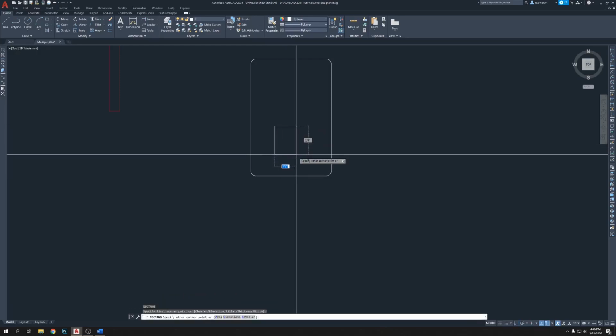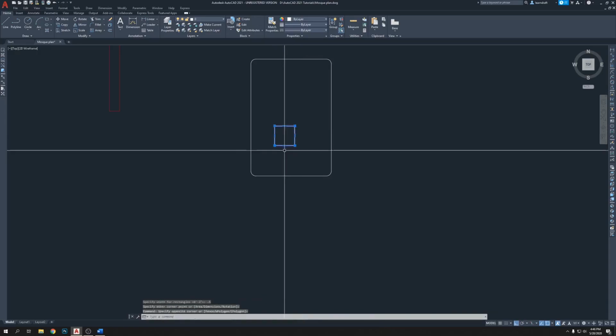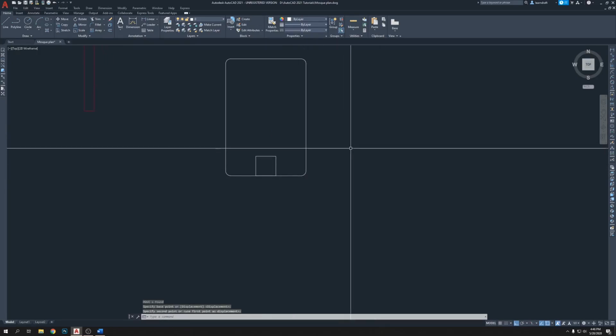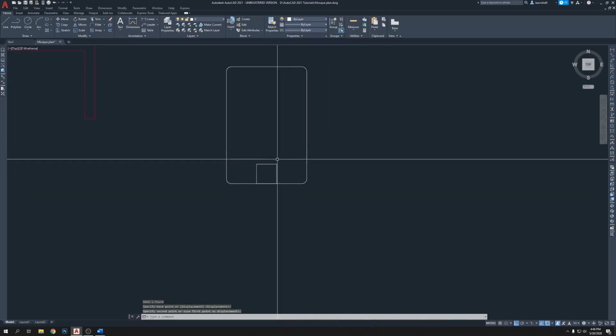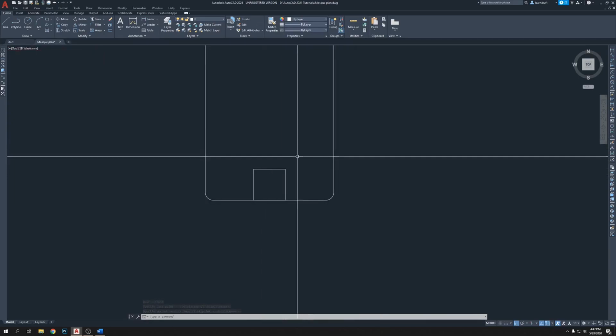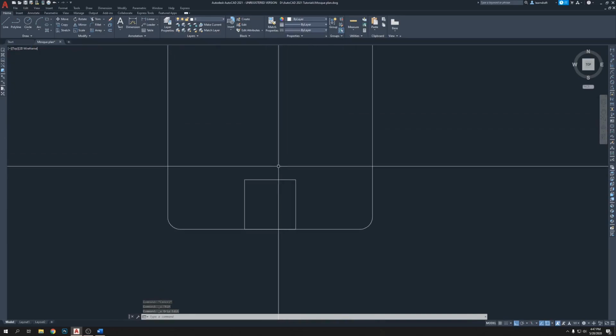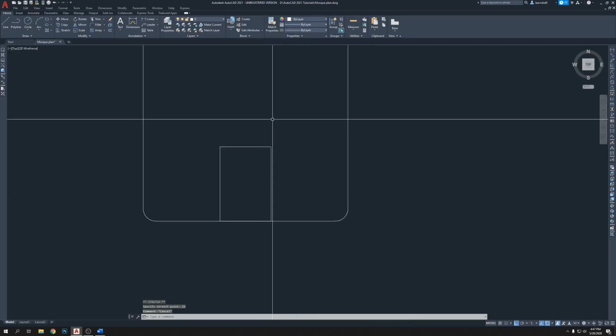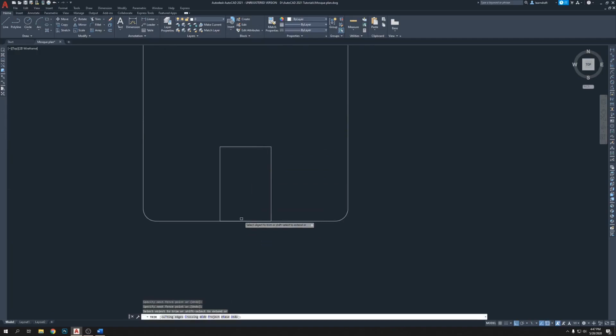REC, enter, click D, enter, 0.5, enter, 0.5, enter, click, select it, move it here, and then it's actually 1/2 inch this way is not enough. So 1/2 inch is not enough, make it 3/4. Click here, drag this way 0.25, enter. And I'm gonna trim it here,